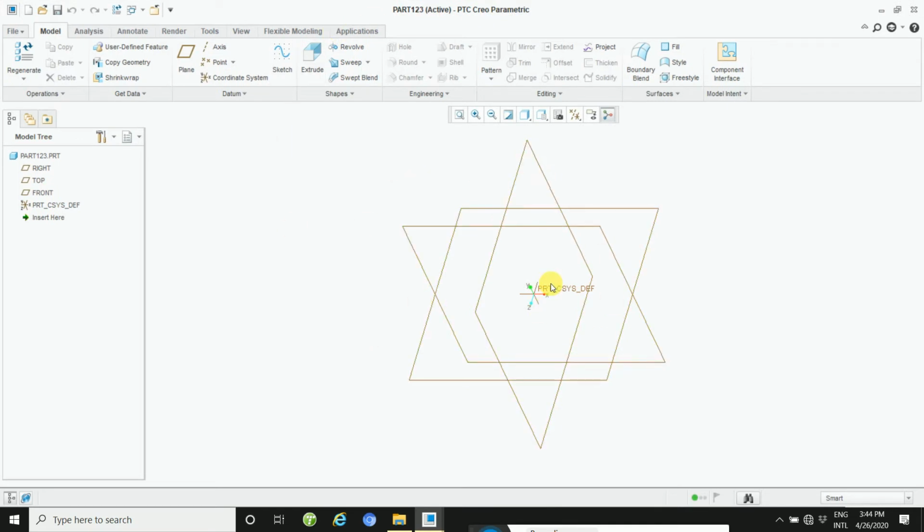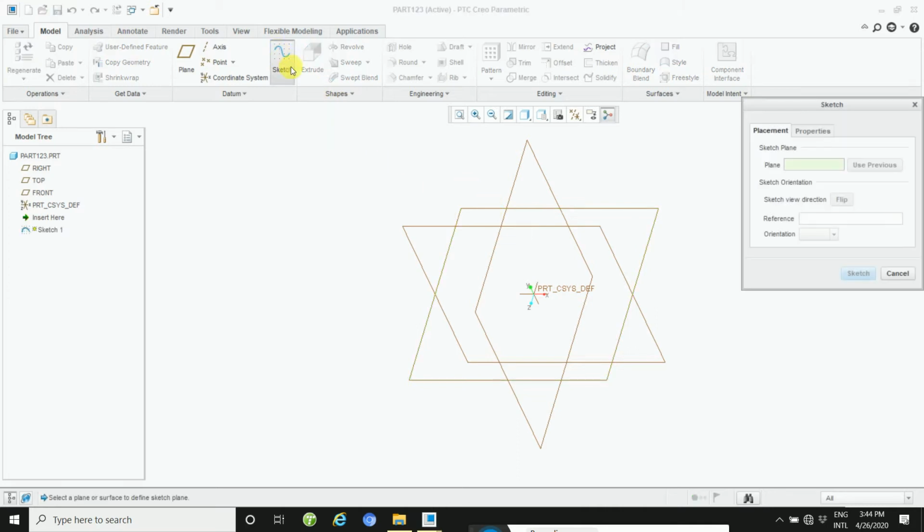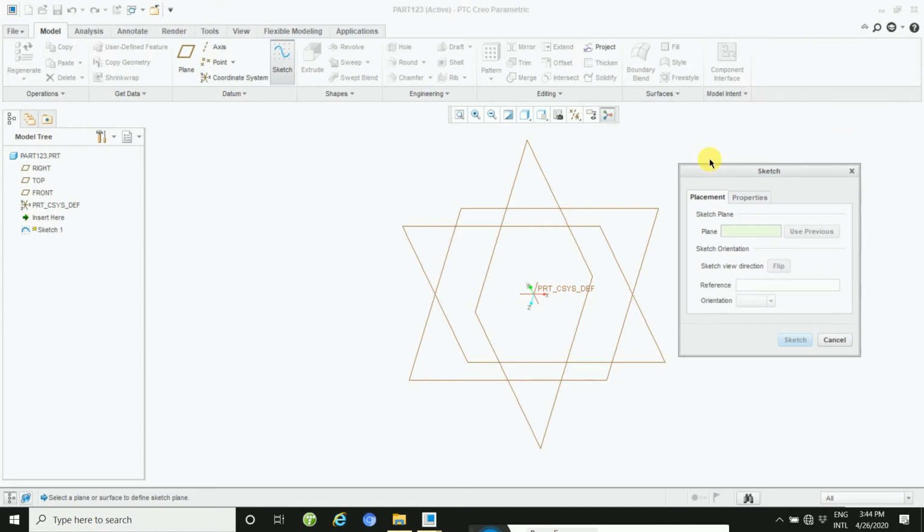Okay, and then select any plane. Here I click the sketch tools. We saw one pop-up window is open. In this pop-up window, we will select any plane.